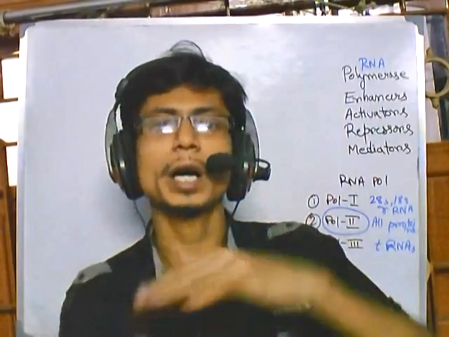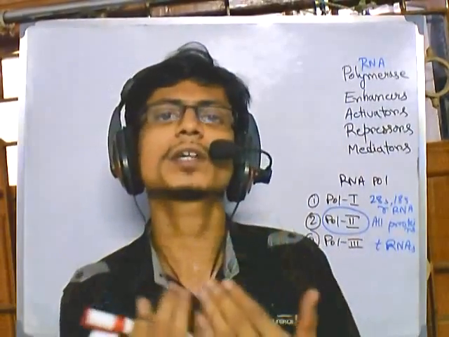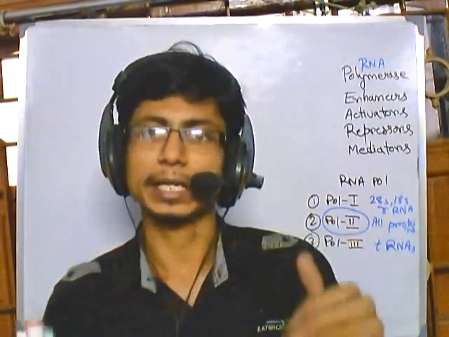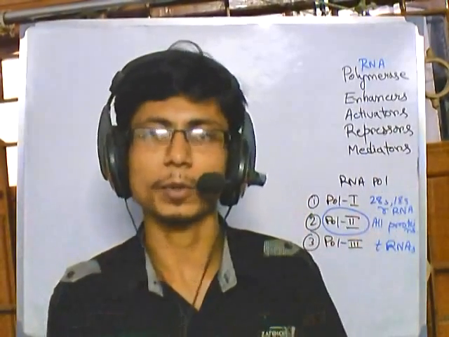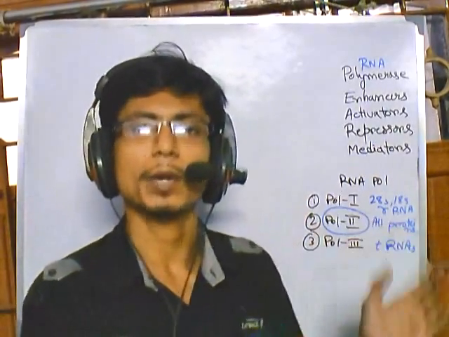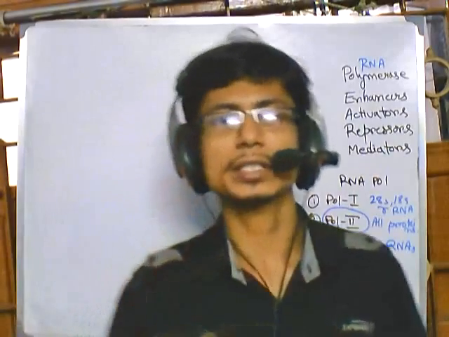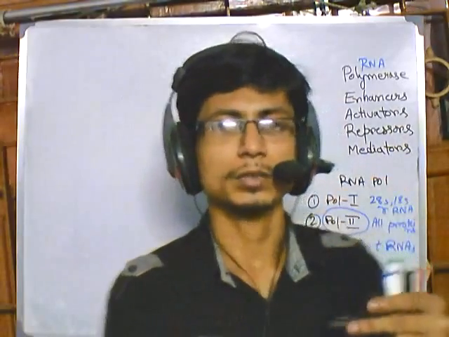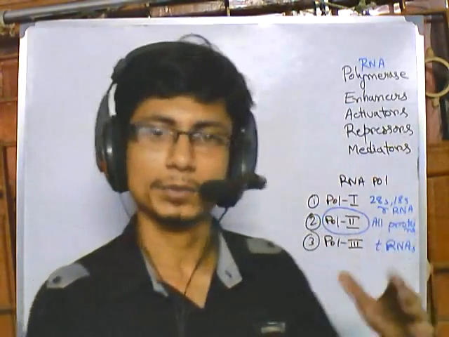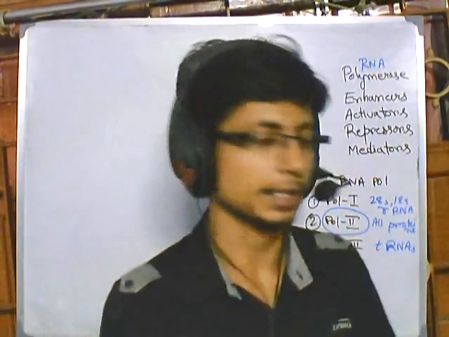So it will form a total transcription complex along with the DNA, the proteins, the activator proteins or mediator proteins, and RNA polymerase. This transcription complex will allow producing mRNA, not only mRNA but different RNAs. Okay,